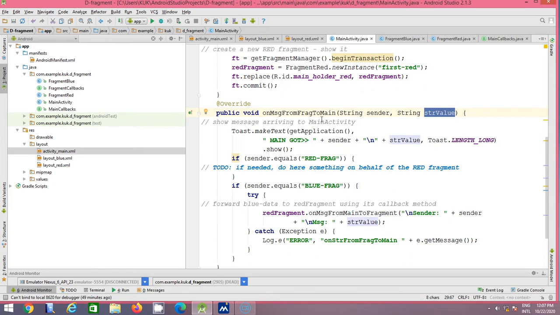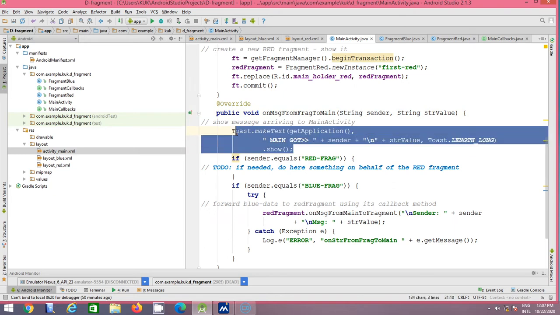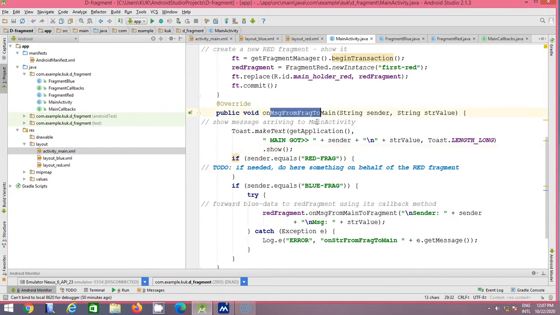On message from fragment to main, it simply displays the toast message that main got the message from which sender. So the variable is your sender and what is the value of the message. So it will simply display the toast message. That function runs when main gets a message from any fragment.